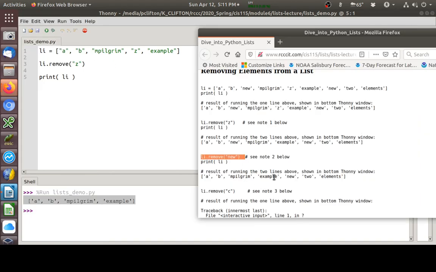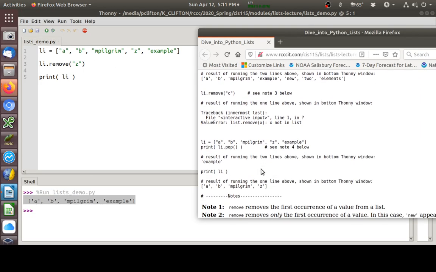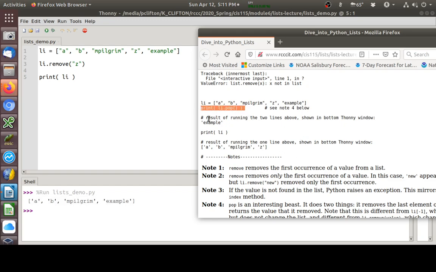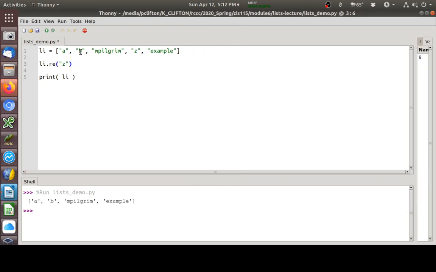Okay. Now, some other neat ones that you can use are pop. And pop, not only will it get rid of it, but it will give it to you as well. This is neat for dealing cards out or something, because once you deal a card to somebody, it's no longer in the deck, is it? So you could actually use this little pop to make yourself a card program. So let's do this. If I say li.pop,